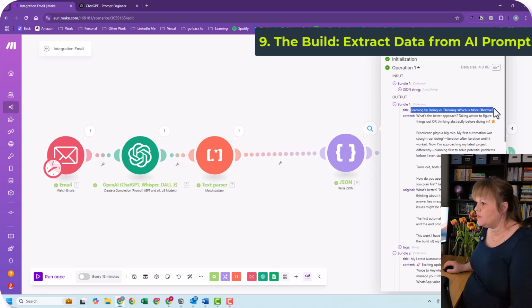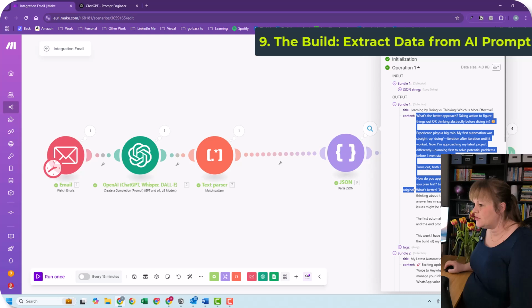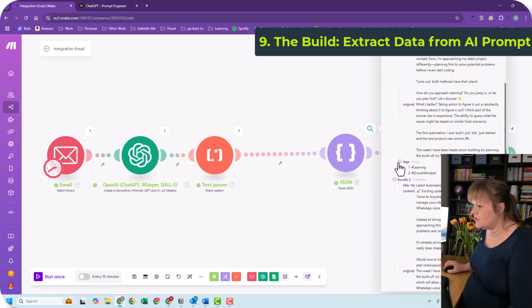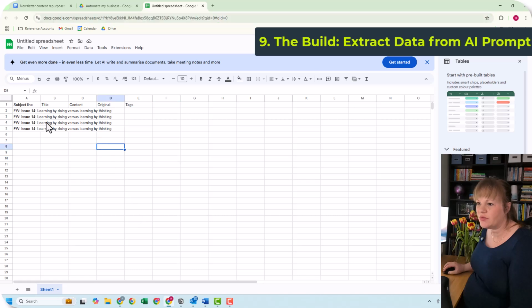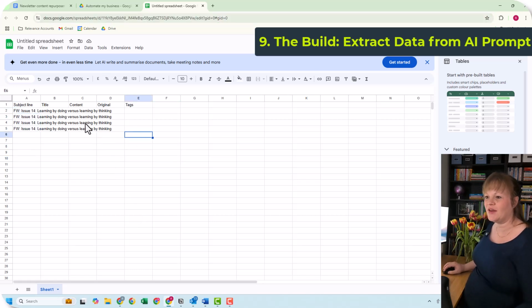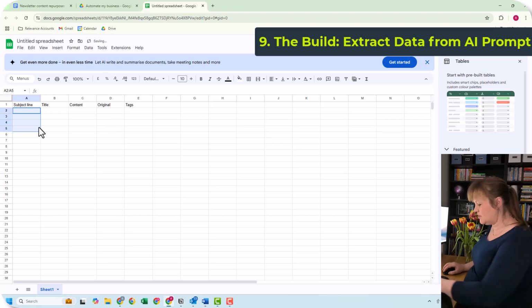Yay, so here it's pulled out the title, it's pulled out the content, the original, and the tags. So let's see what it's done to the spreadsheet. I've not set this spreadsheet up properly, so I shouldn't have really done anything properly. Yeah, so just the thing. Okay, cool, so we've at least got that. And then